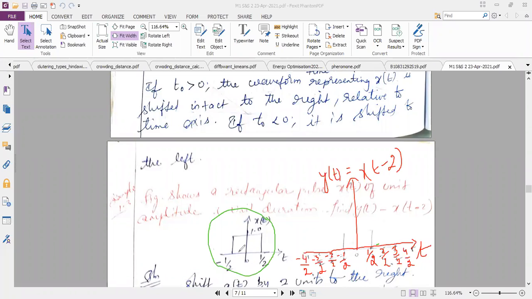Shift by 2 times. I want everyone to listen carefully. Minus 2 means I have to move it towards the right hand side. Now the edge of this diagram is at minus 1 by 2. If I shift by one position, it will move to 0. But it is not one shift, it is 2 shifts. So one more shift I have to make. So can I say the edge which was at minus 1 by 2 is now at plus 1 by 2? Can I say like that?